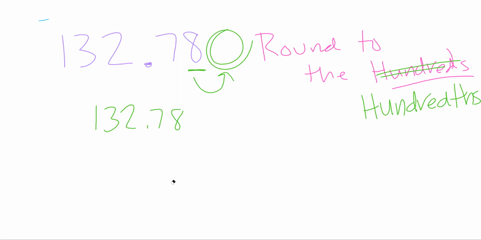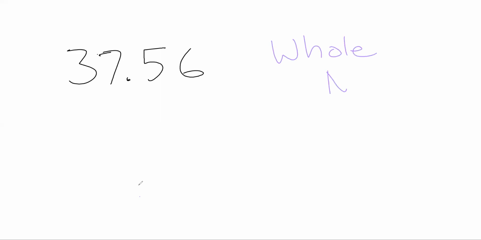Same thing. Wow. Okay. Another thing you may see that's very common is if I have something like, let's say, 37 and 56 hundredths, and the direction doesn't give you a place value. What it says is to round to the closest whole number. When you see this, this is one of those things we just learn and know. If it tells me to round to the nearest whole number, well, if you think about it, our very first